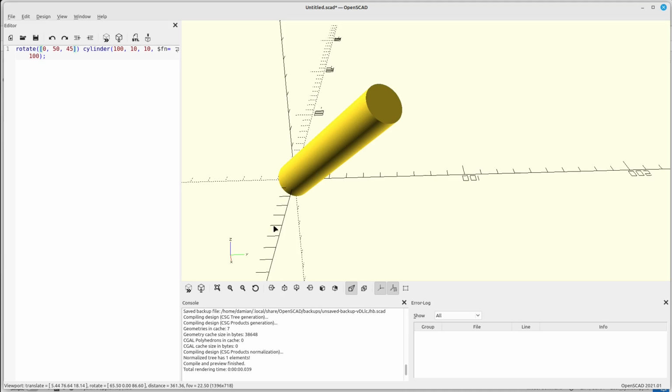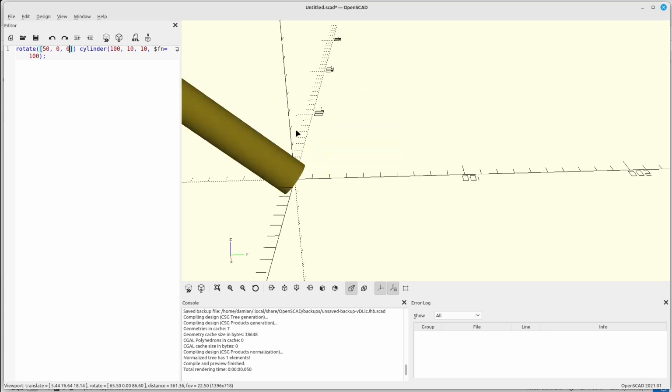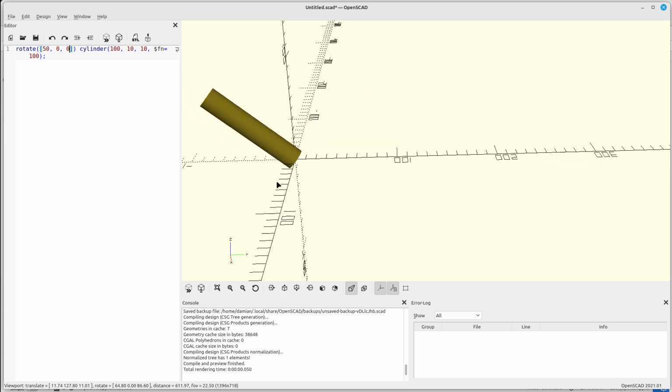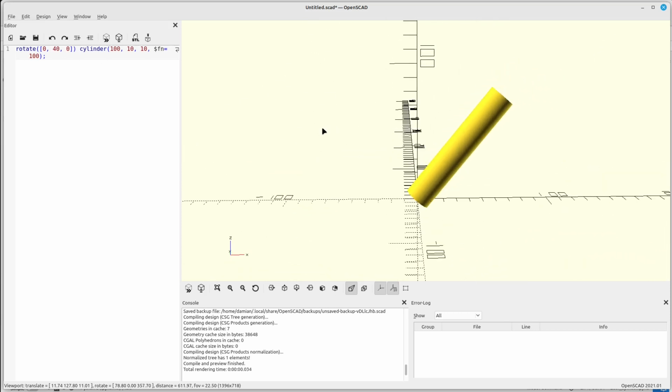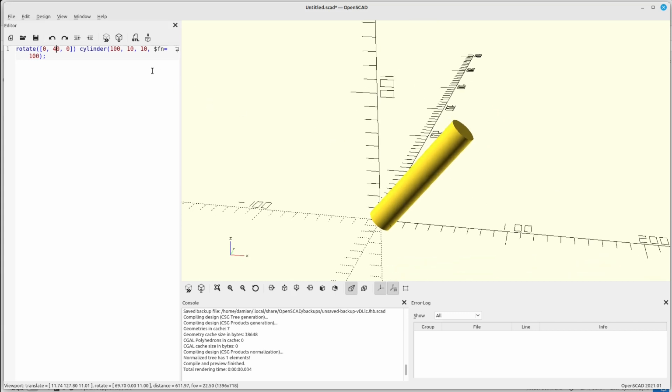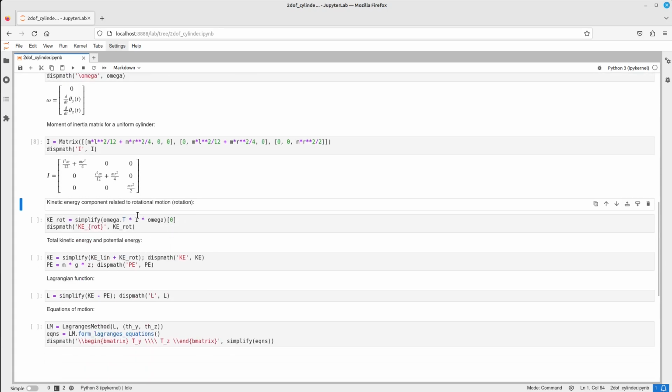Okay, as you can see, this is the same as this part here, which kind of makes sense because it's basically the same type of rotation, whether it's with respect to x, for example, and as well with respect to the y-axis, it's the same kind of rotation. But when we get to the z-axis,